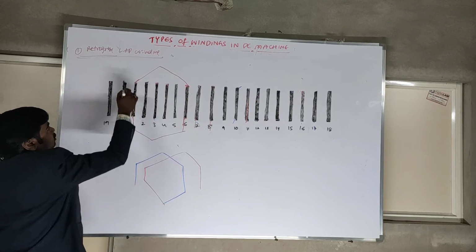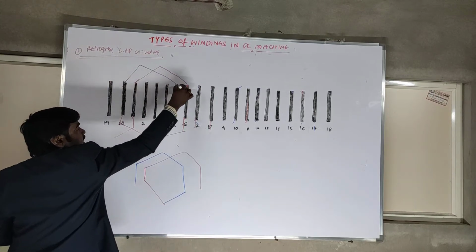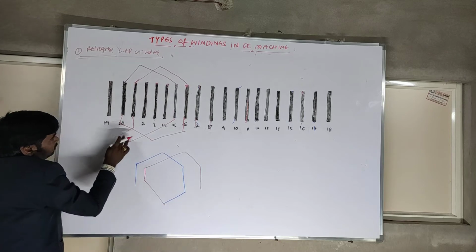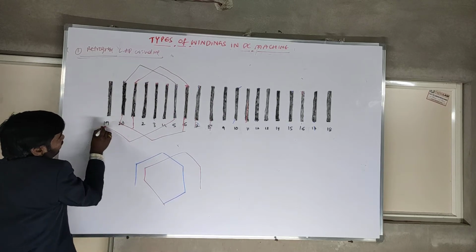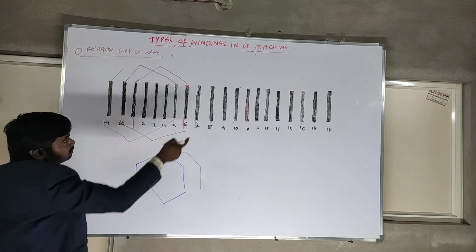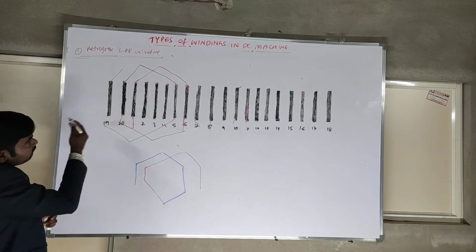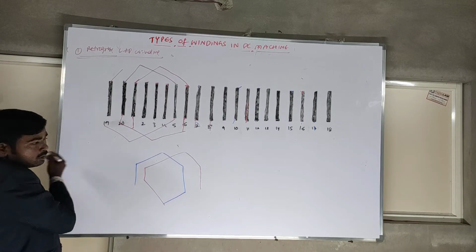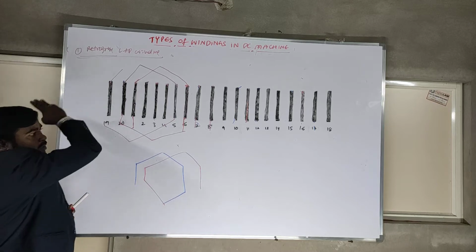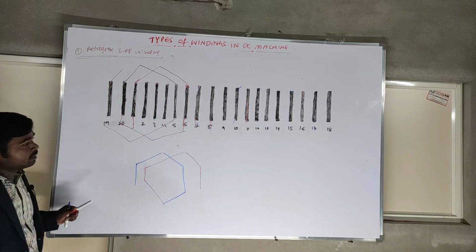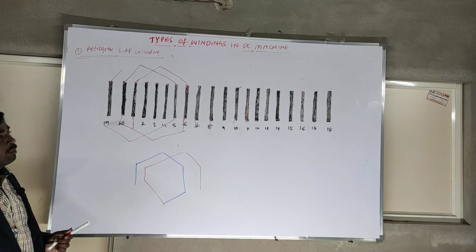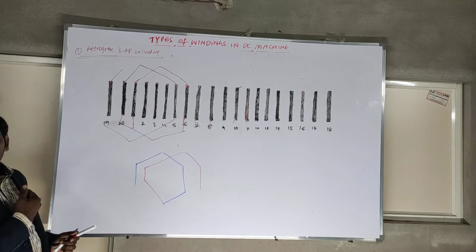It comes to the previous conductor, the 28th conductor. Go back to the fifth. Come like this. It should go to the 19th conductor. After this, the 18th conductor, go in a backward fashion. The winding should come conductor by conductor in a backward fashion. Just keep on going to the 18th conductor and continue. This type of winding is called retrogressive lap winding. It comes backward in the lap winding.